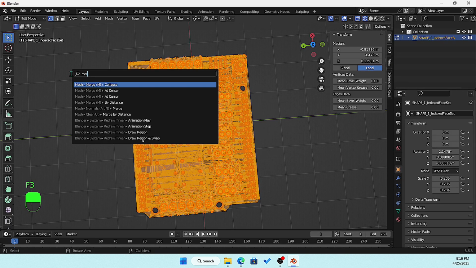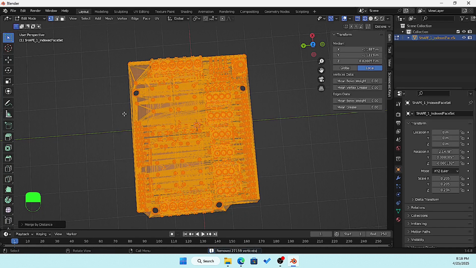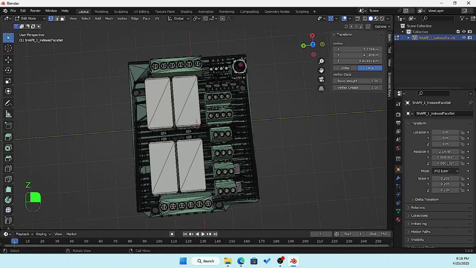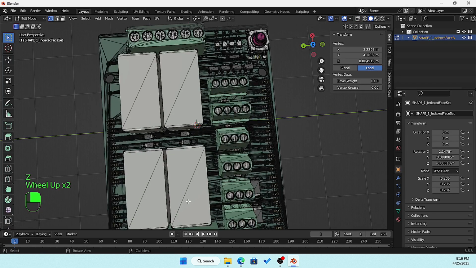So select merge by distance. Okay, and once I do that, then I go to click Z, solid, and now, okay, so now over here, select mode, I want to select